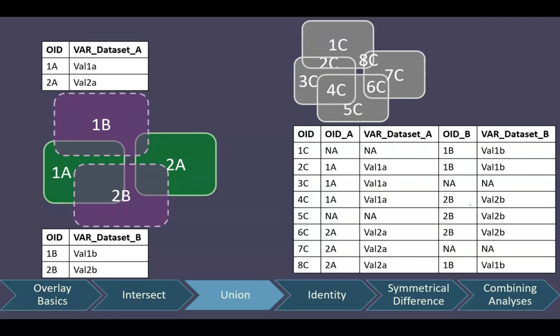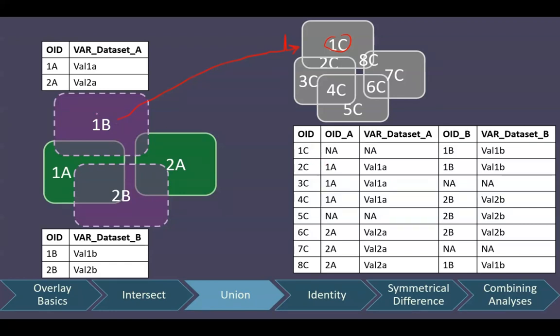Now, one thing I want to make sure is clear: when we did intersect, there were no features that didn't have variables from both, because the only geometry we kept was geometry with overlap. But because we're doing union, we're keeping all the geometry, even the pieces that don't have overlap. And what you end up with, like in the case of 1C here, and 1C is the original 1B, or what's left of 1B after overlap,